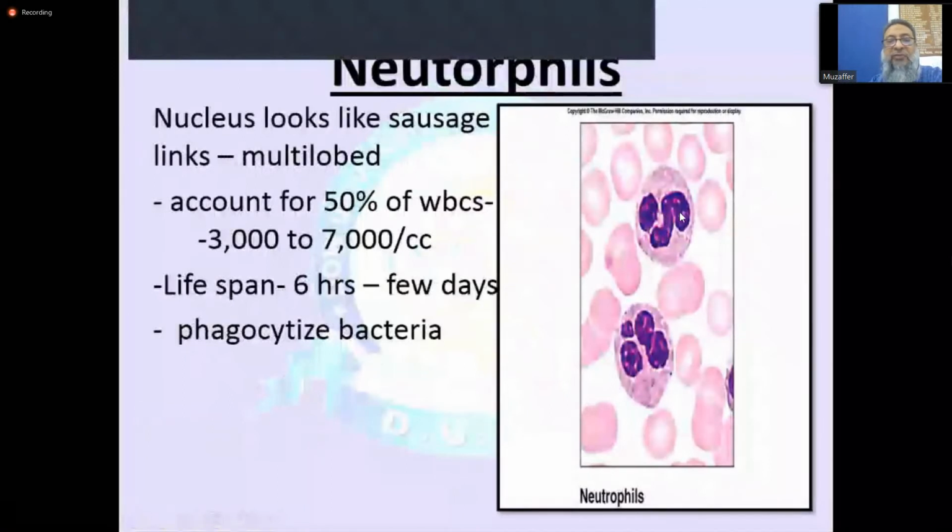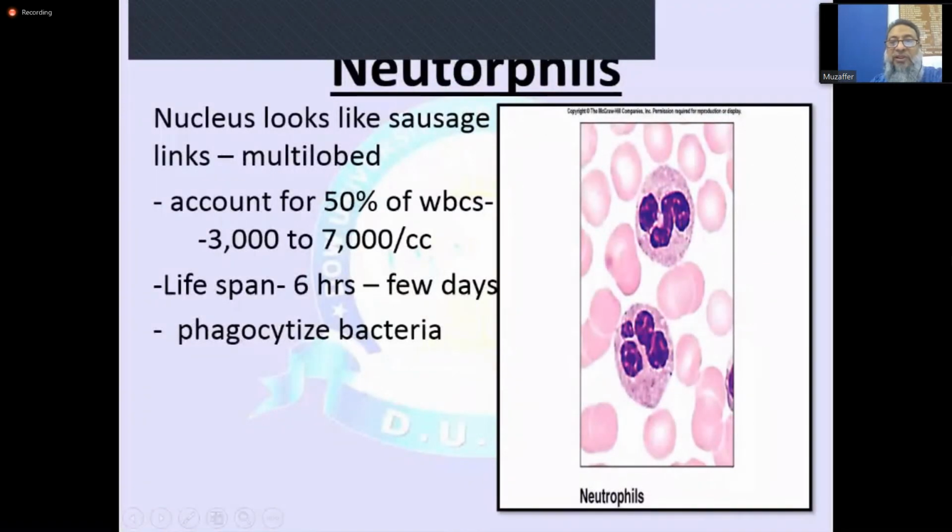They have more than 4 to 5 lobes connected with interlobular threads, bands, and it is like this shape, and they have a very clear-cut cytoplasm you can see. These two are very distinct, and these are the red blood cells around in the film. They are about 50 to 65% of the total WBC count, and their lifespan is 6 hours to a few days, and then they are destroyed.